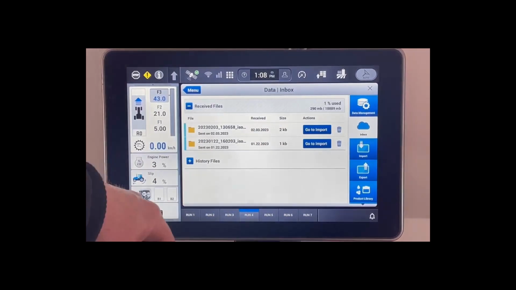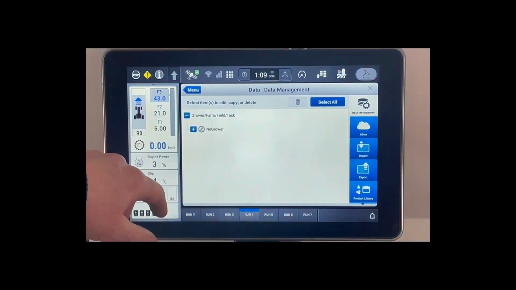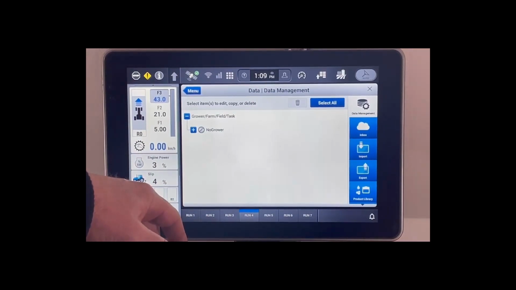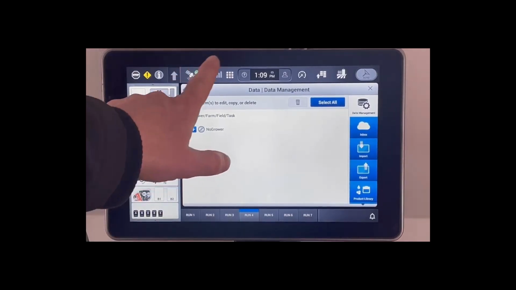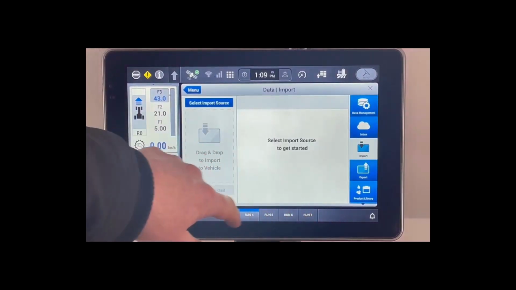Now, before we click go to import, what I would encourage you to do, if you haven't done it already, is clear out and delete data from the monitor. What we don't want to be doing is duplicating information or using an old management tree on the monitor when you're bringing a new one in. So deleting it is always a good idea. The data is in the portal anyway, so there's nothing for you to worry about losing data. So when the data management area is clear, go to Inbox,